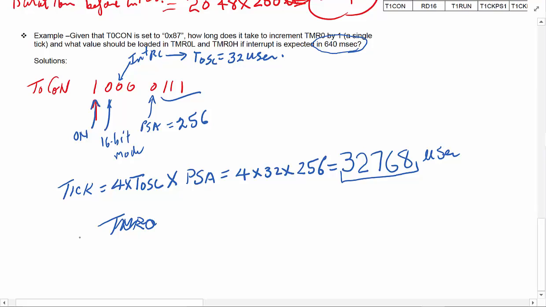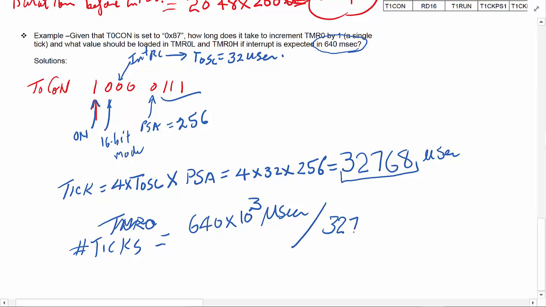So the first thing I have to do is find out the number of ticks I need. The way I do that is, you want 640 milliseconds, which is 640 times 10 to the power of 3 microseconds, and each one of my ticks is 32768 microseconds, which basically tells me